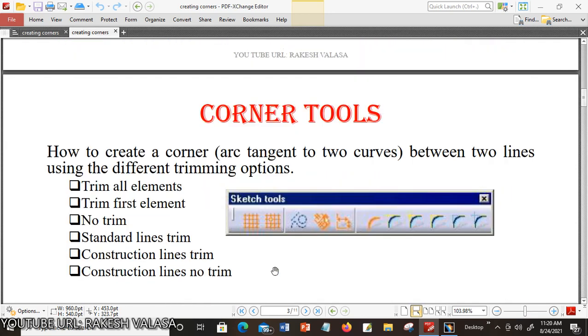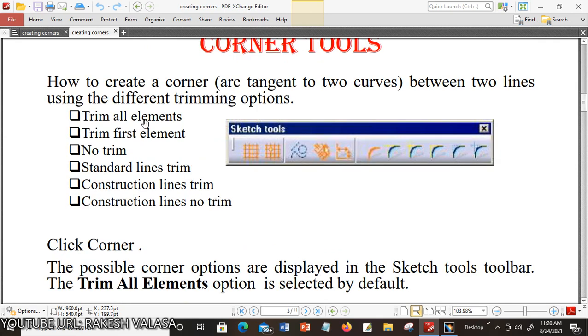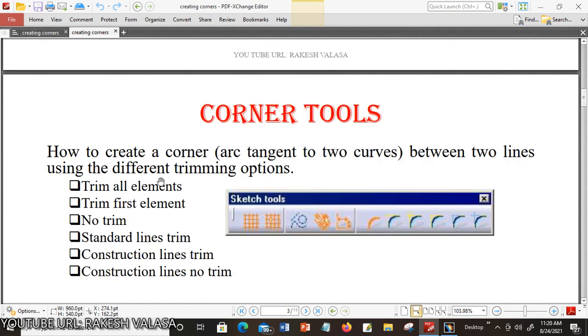Let us see the different trimming options available in the cornering tool. These are the different trimming options available in CATIA V5. First one is trim all elements, second one trim first element, third one no trim option, fourth one is standard lines trim, fifth one construction lines trim, last one is construction lines no trim.